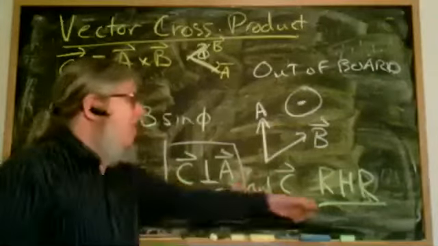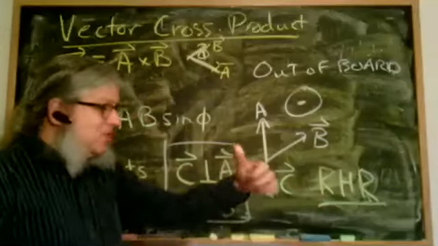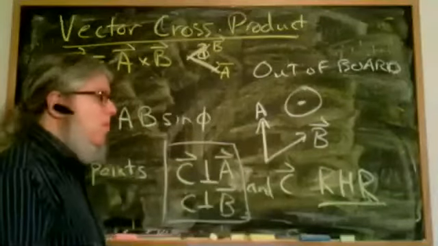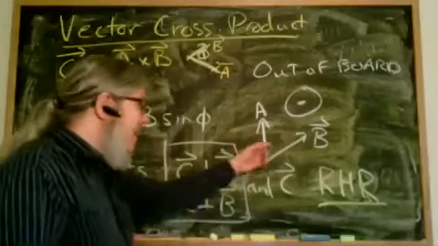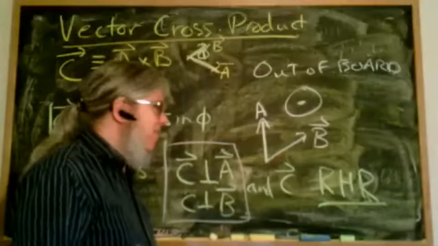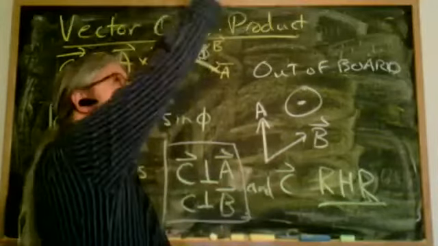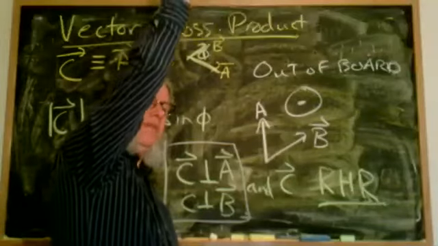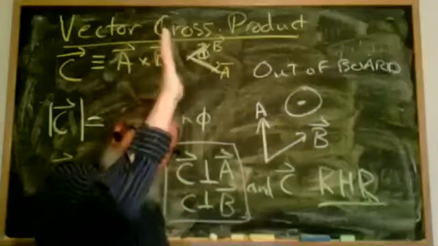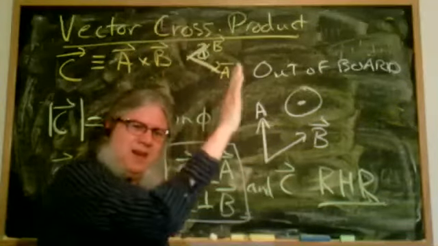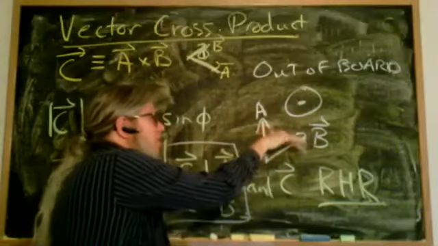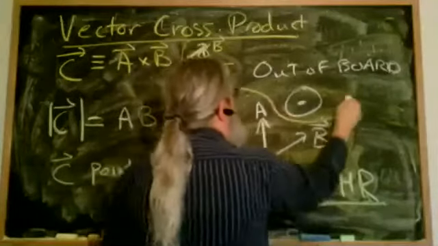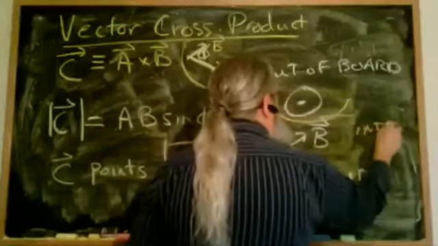Do this first. Don't go to the right-hand rule until you figure out it's either this or that. Because if you have it pointing any place other than perpendicular to those vectors, it won't work. In this case, I use my limb. So again, I point my hand up, and then I rotate my wrist so that I go from A to B, and I swing my hand down like this. Points into the board. So this case is out of the board, this case is into the board,